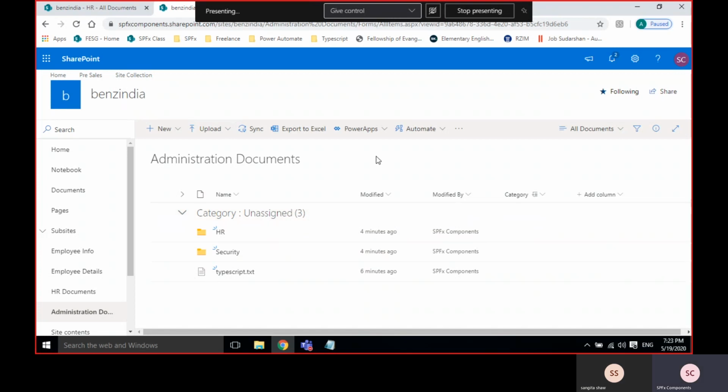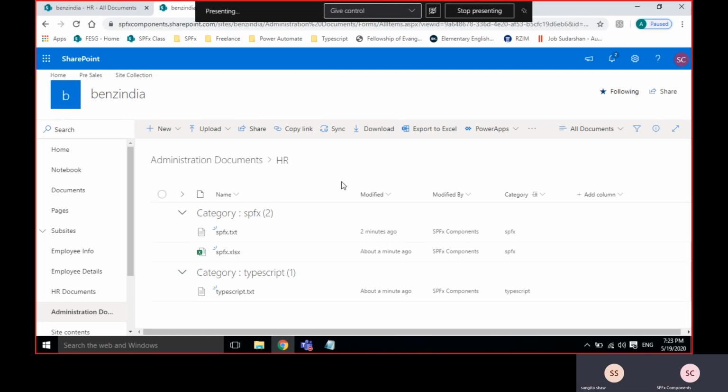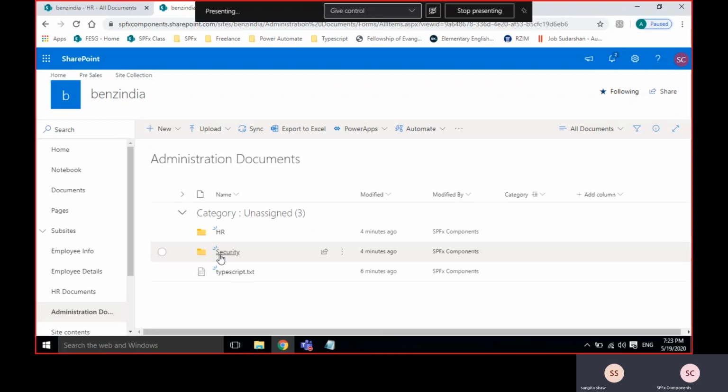So there are different ways we can manage this. One is folder and category, those things. And the next one is the check-in and check-out option. So how, what is check-in and check-out?